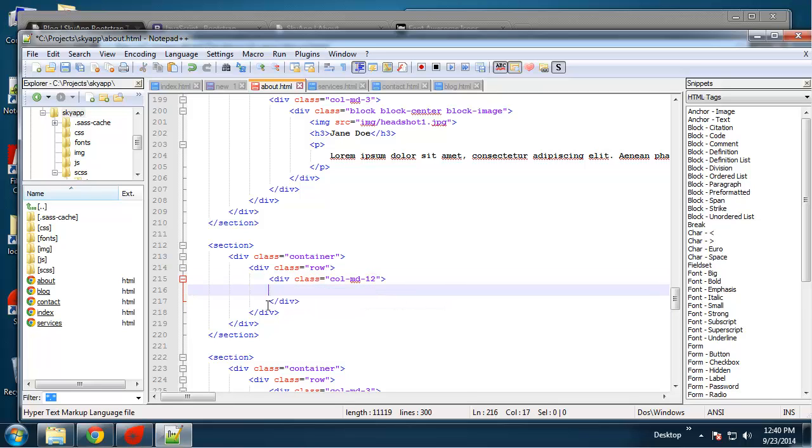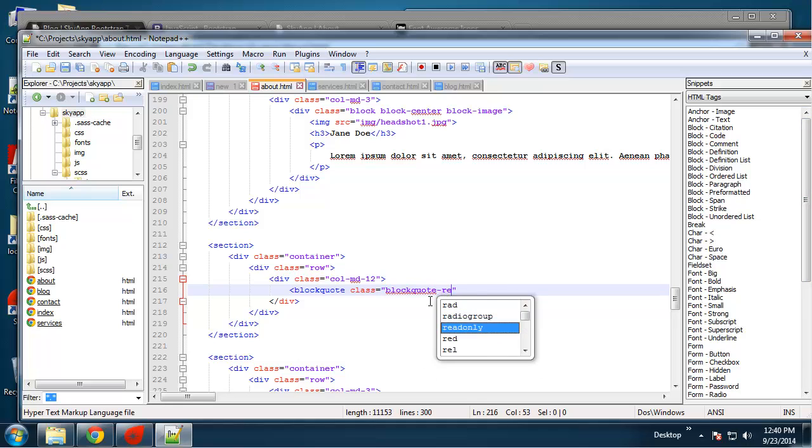So 12, and it's going to be a block quote. Block quote styles are going to go into our typography SCSS file. So this is going to have a class of block quote